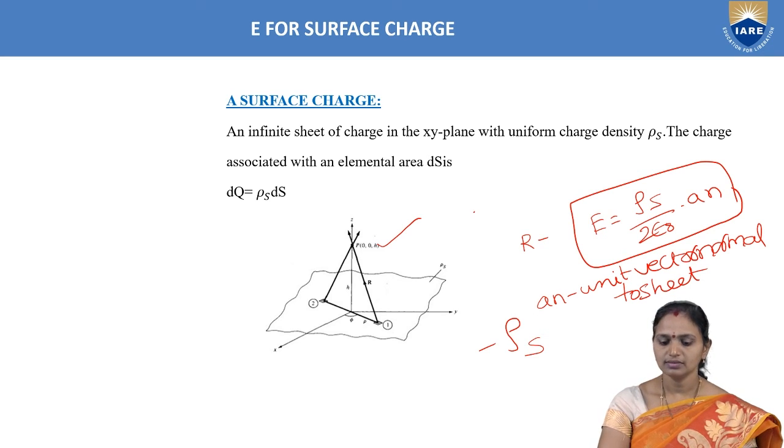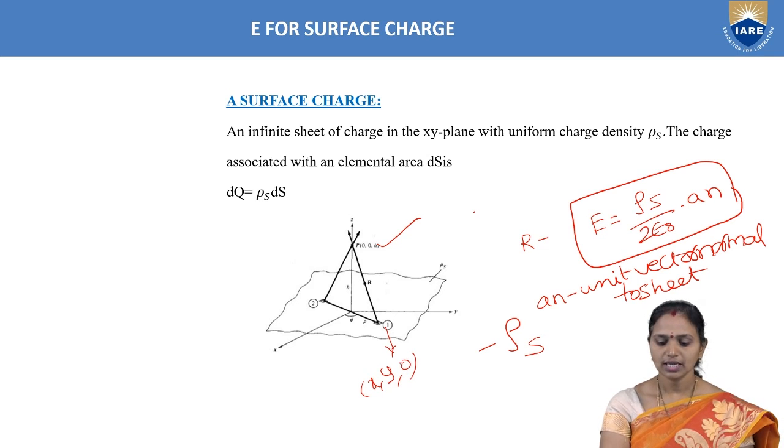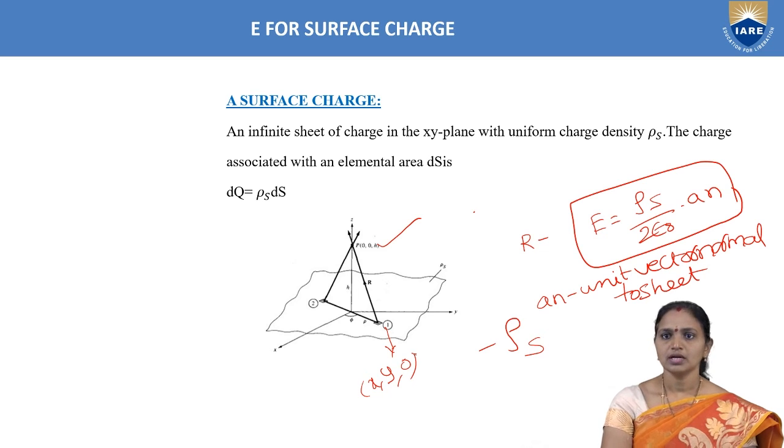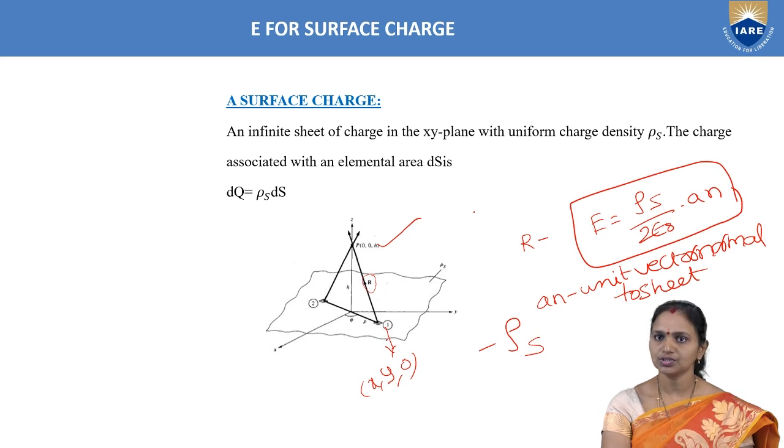Let us recollect all those points. Here the field point is (0, 0, h), which is on the z axis, and the source point is in the xy plane. So the corresponding point for this source is (x, y, 0). Here r is the distance between the field point and source point. To calculate this r in vector form, we must write the points in vector form. After writing the points in vector form, we have to calculate the displacement vector and its magnitude.